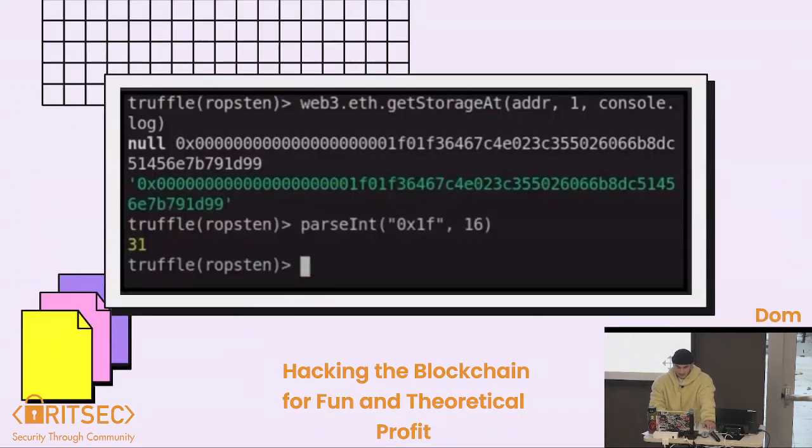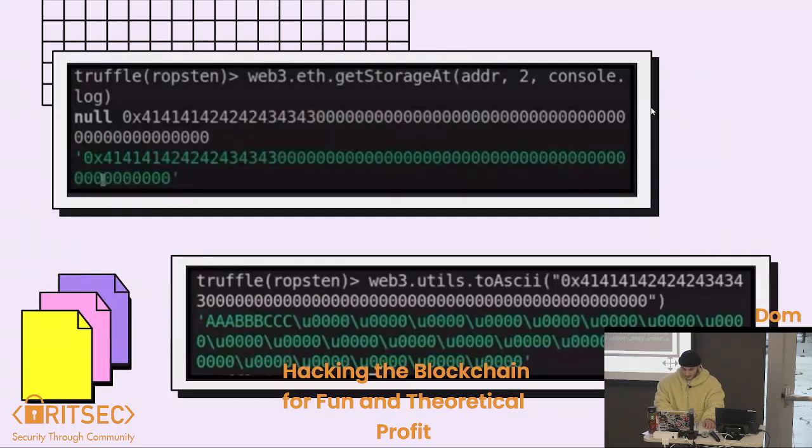So if we just continue going ahead down this line, we're going to attempt to dump the slot 1 of that, and we see that this is 31, or our address here. We can also go ahead and attempt to dump that user's password now at slot 2. So this is going to go ahead and dump the user's password, and we see here that it's in ASCII, and we go ahead and convert that, and we see the password is